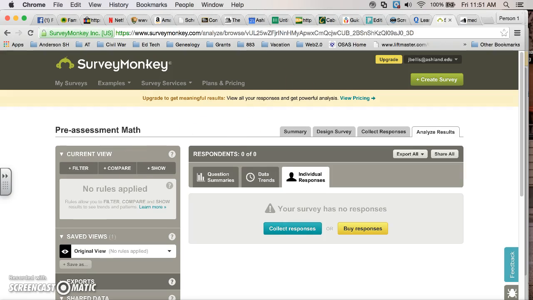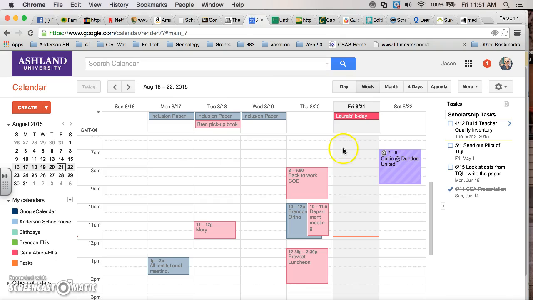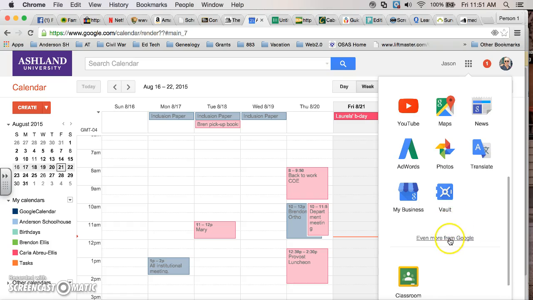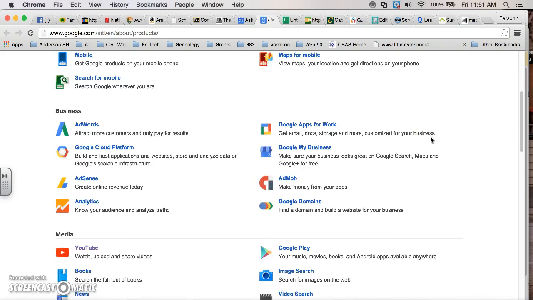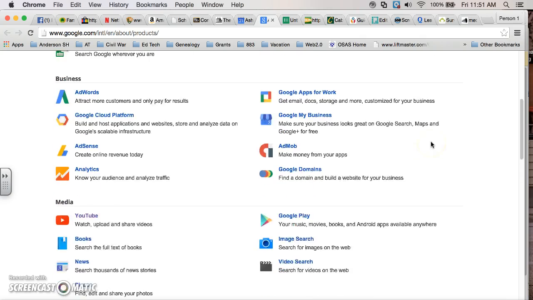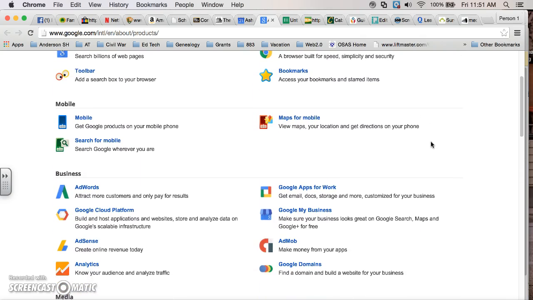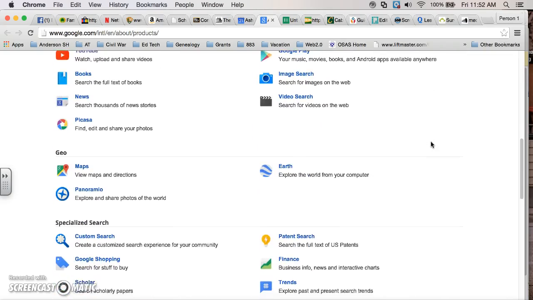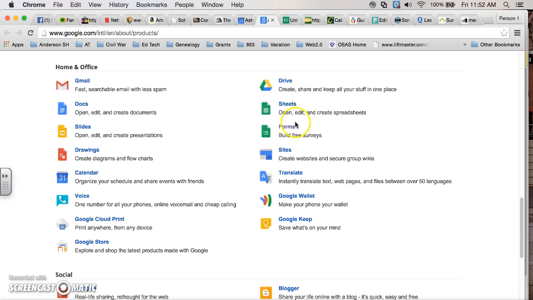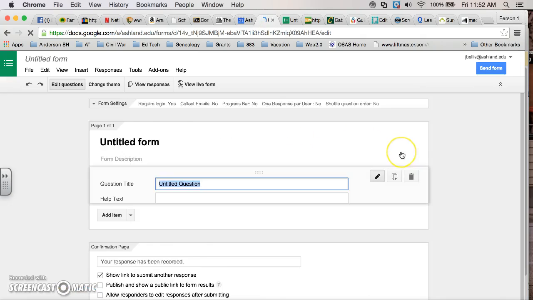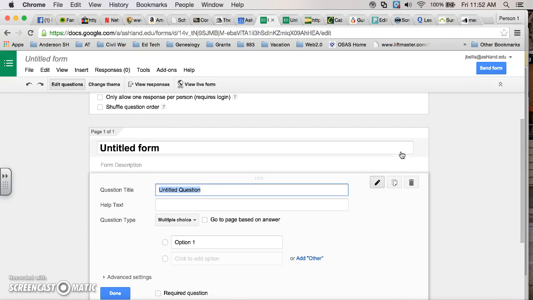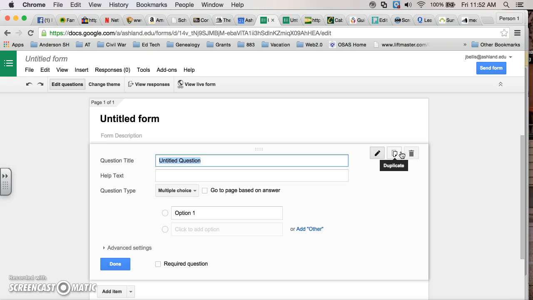So if we go on to a third mechanism, all right, so if you're, say, in your calendar here, and you go to more, so you're going to go into the Google machine, and we go even more, and where's the app suite? Google Apps for Business. There we go. Okay, so if you click on Forms, you can also collect data through this type of format. Okay, so basically you're building yourself an online form. Okay, what we'll do is